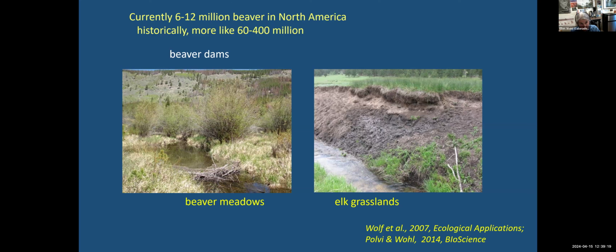The alternative here, and both of these are in Rocky Mountain National Park, has been called elk grasslands. And I'm guessing many of you are familiar with the story in Yellowstone National Park, where a lot of the rivers look like many of the rivers in Rocky Mountain National Park today. There's a very unnaturally high density of wild ungulates, mostly elk and moose in Rocky Mountain. They outcompete the beavers and they eat the willows to the point where they're gone or they're just rootstock. So you end up with a scenario where the beavers can't survive.